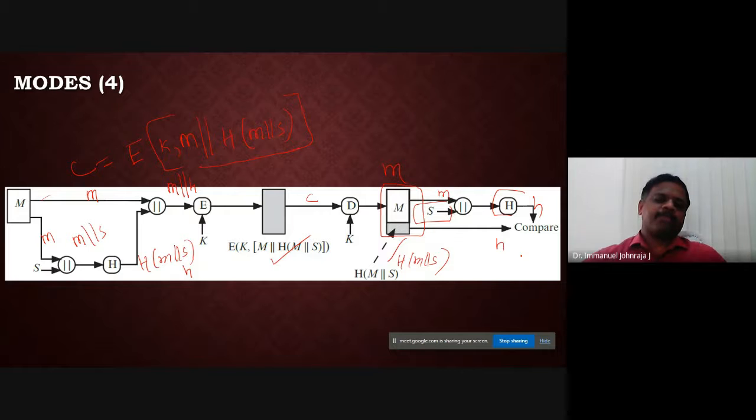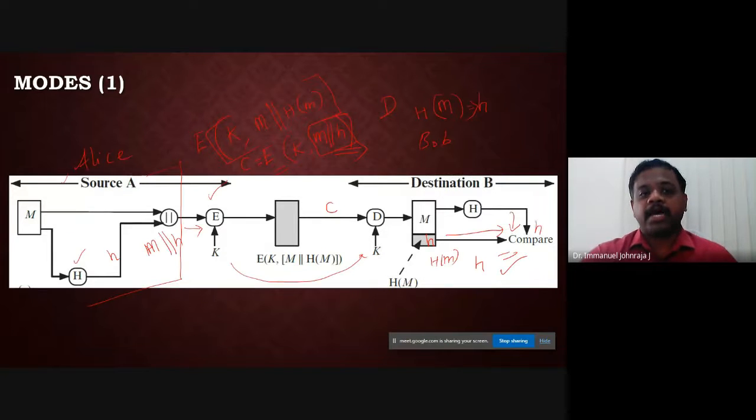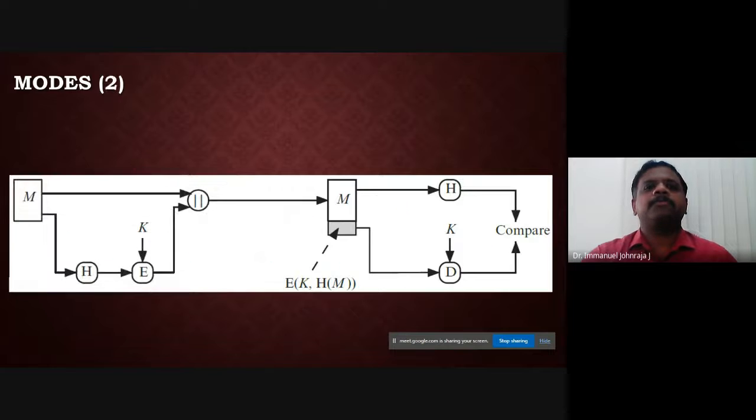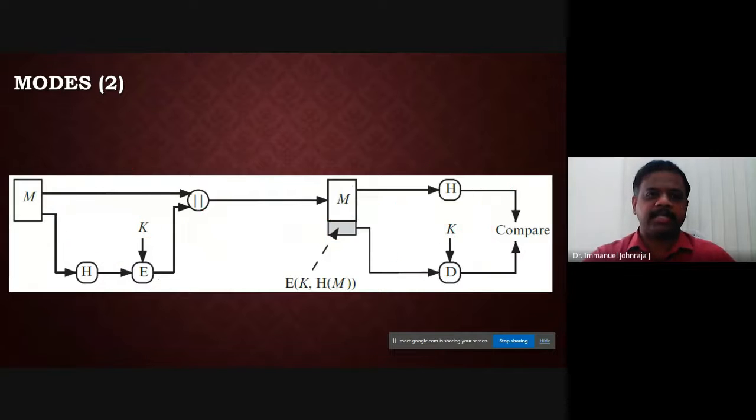All right. So we have spoken about some basic four modes of the usage of this hash. The first one, you got the actual message. You calculate the hash. Everything is encrypted using the session key or the symmetric key encryption algorithm. You got to know how the hash is calculated. Second one, you encrypt only the hash value. So message confidentiality is not achieved, but you are able to get the authentication because the hash can be decrypted only by the shared key, which is known only between the sender and the receiver.